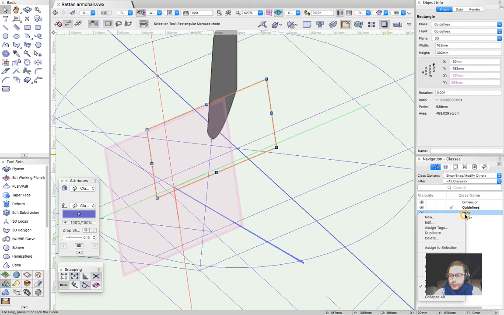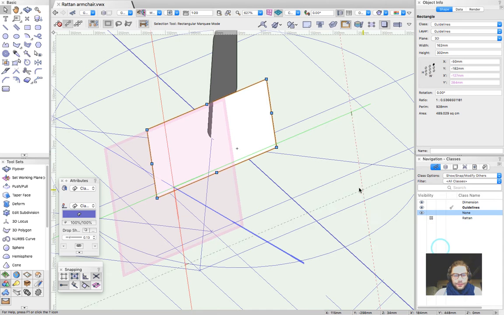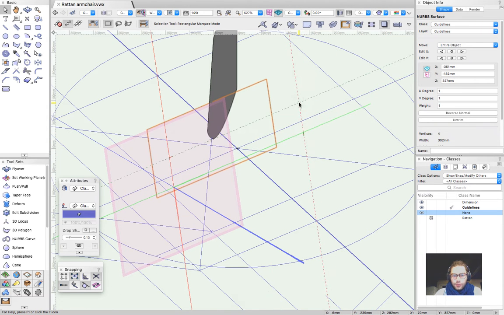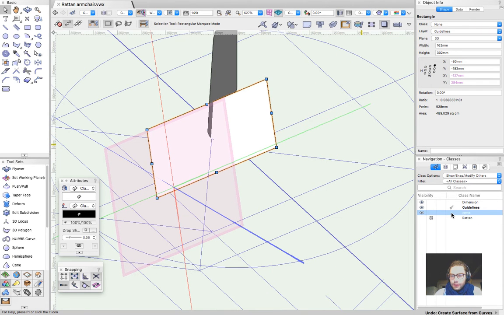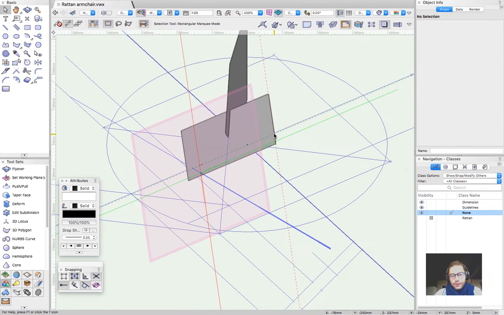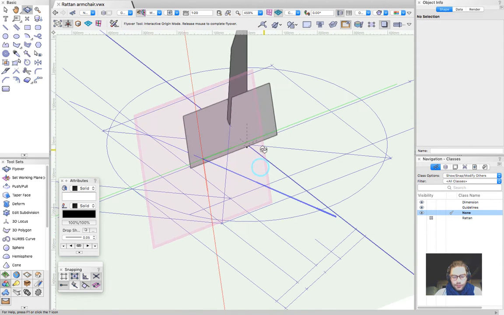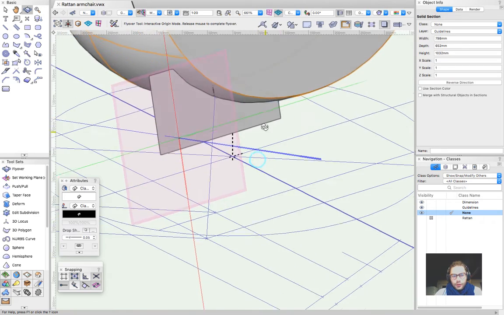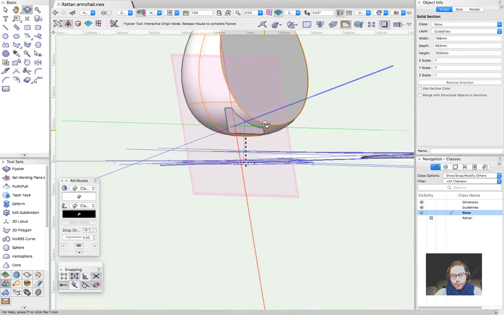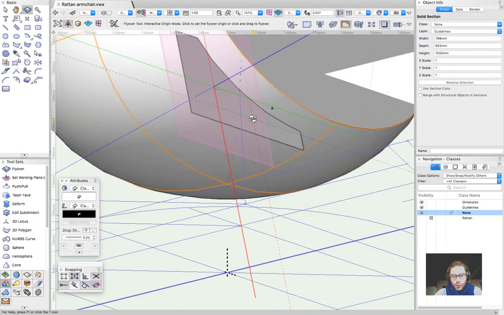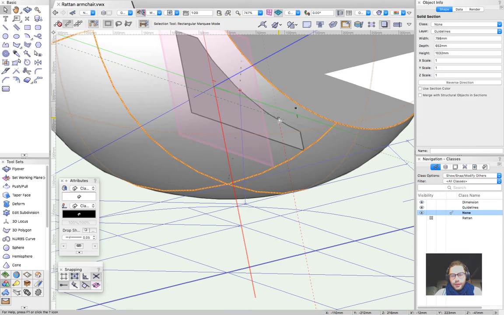Why don't we put it into the none class? And then I'm going to create, oops, let's go back. Let's make the none class active, and I'm going to create a surface from this rectangle. I'll just place back the egg volume. So we could study that this new surface is going to intersect the egg volume, and the result will be